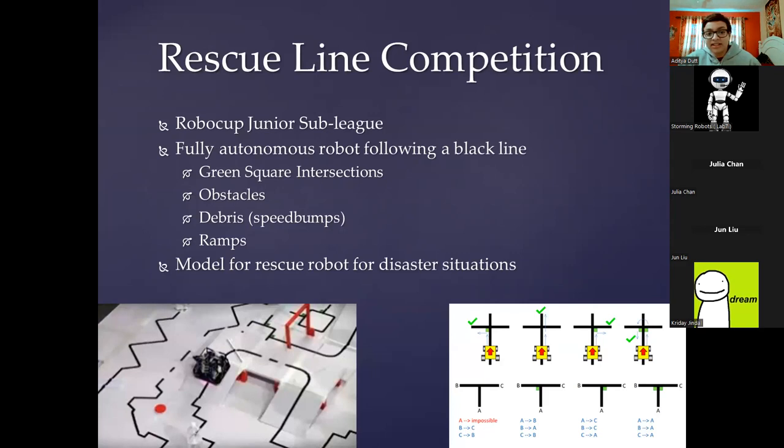So this league is the physical version of it, which you can see in the bottom left here, is a fully autonomous robot that follows a black line. Along the line, there are some things that the robot has to traverse past. So we have green square intersections, that you can see in the bottom right. So these intersections tell the robot which way to turn, when otherwise it would be an ambiguous situation what the